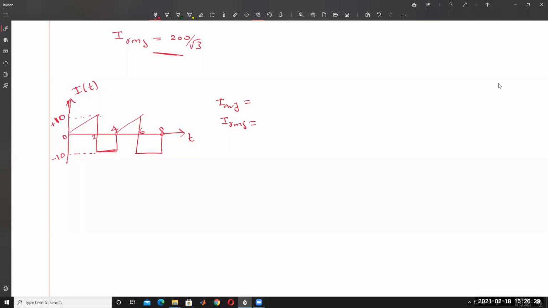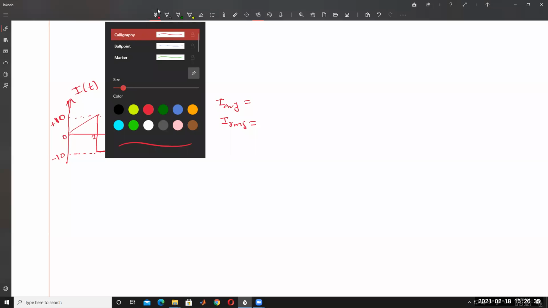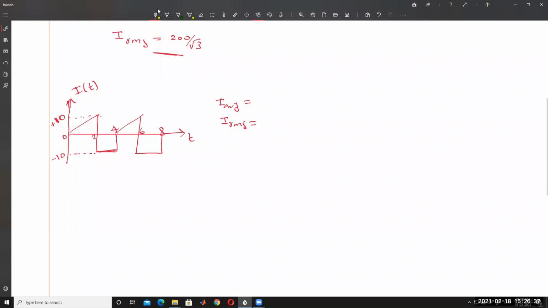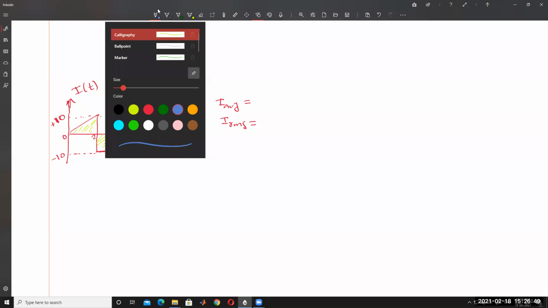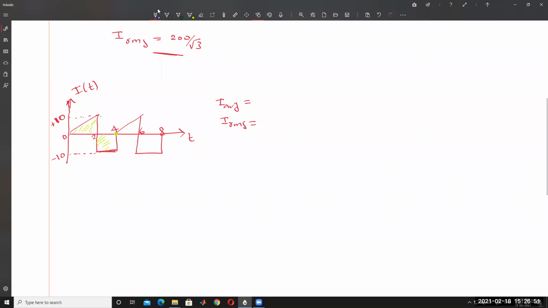Okay, for this waveform, I average is nothing but first find the area of this, and then after that the area of this. The total time period is 4. It's clear? Total time period is nothing but 4. So how to find the average? I average is equal to